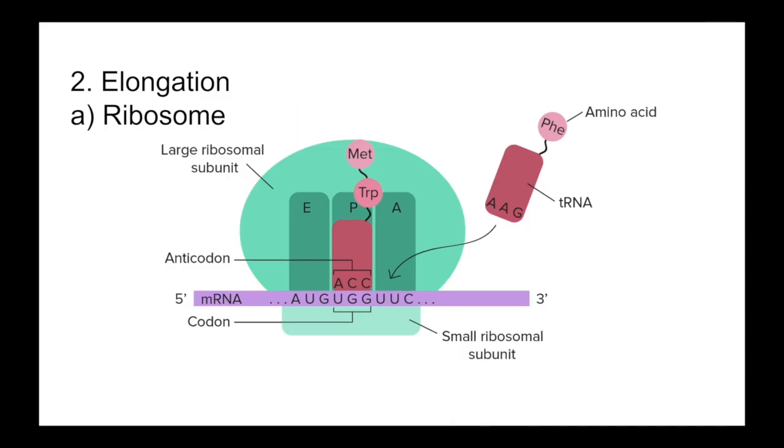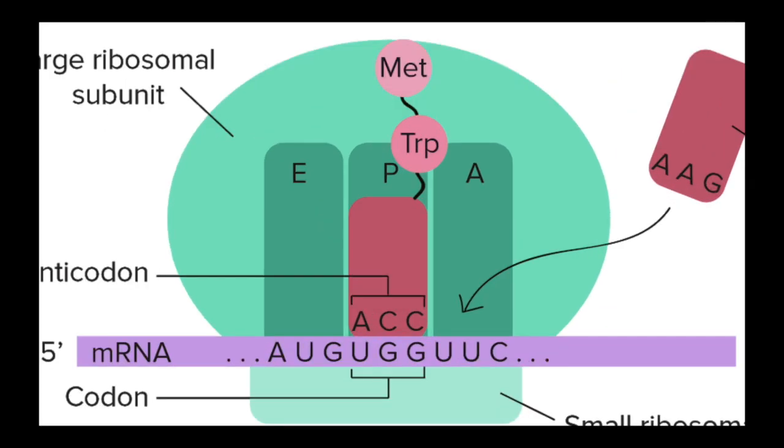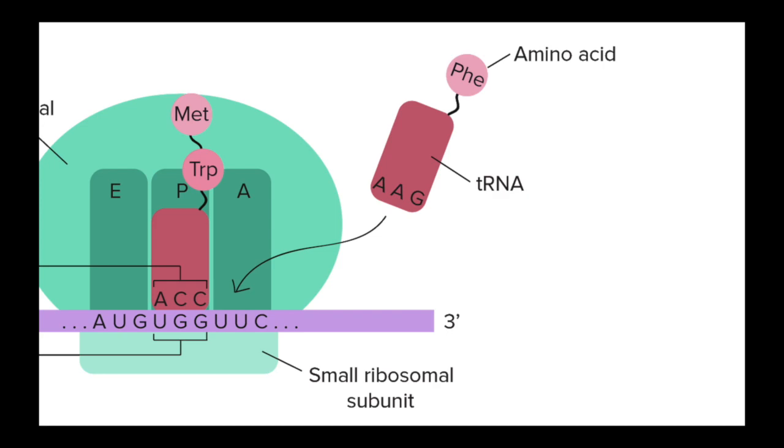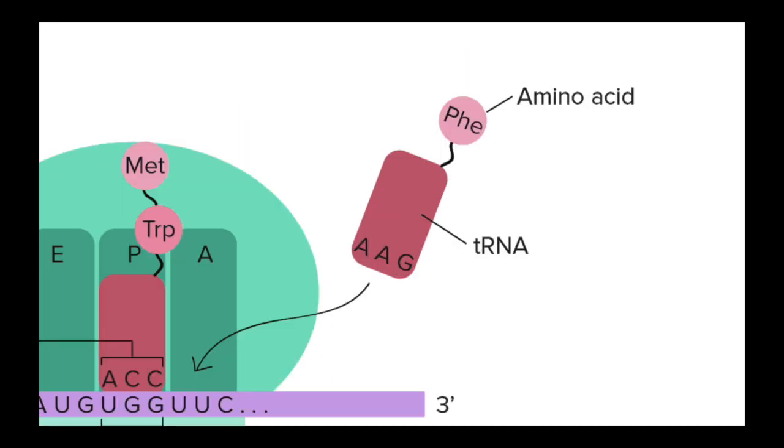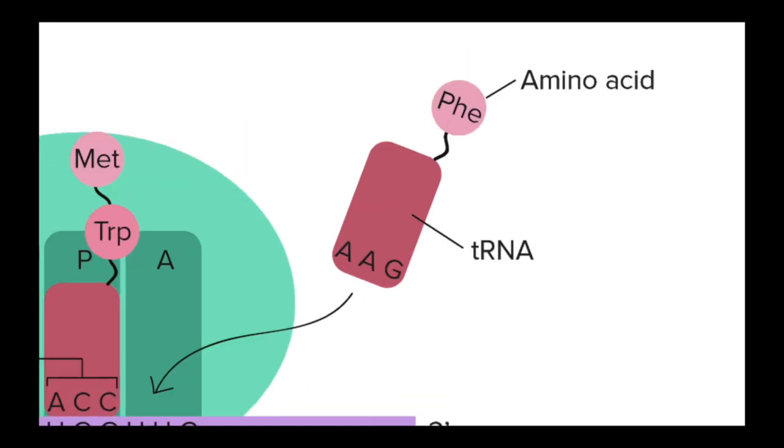The ribosome has 3 sites. The A site, which binds the amino acid tRNA, the P site, where the amino acid from the tRNA will bind to the amino acid in the A site, and the E site, where the tRNA will exit the ribosome. What is a tRNA? tRNA, or transfer RNA, is a single-stranded RNA. Each tRNA carries a specific amino acid. A tRNA with its corresponding amino acid bound to its 3' end is called an aminoacyl tRNA, and they synthesize reactions between amino acids and tRNA.